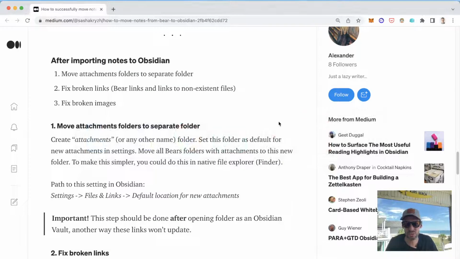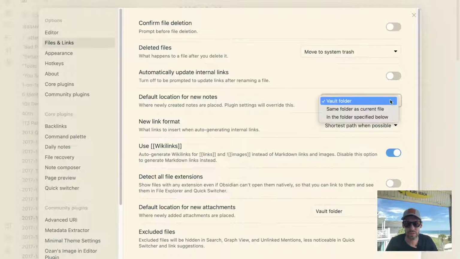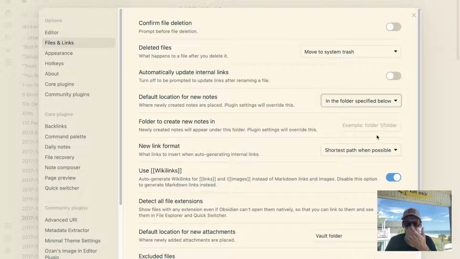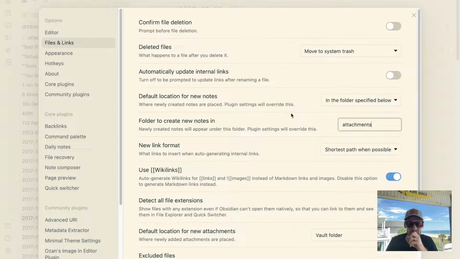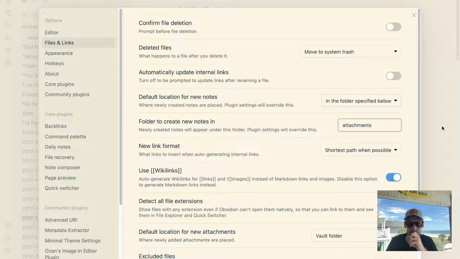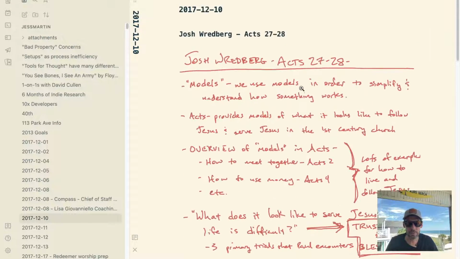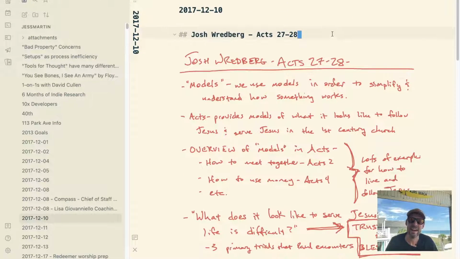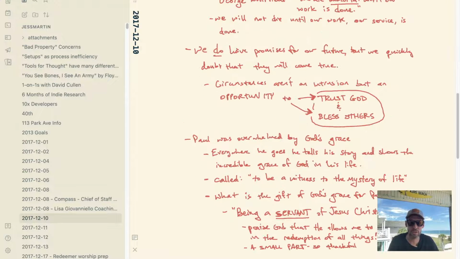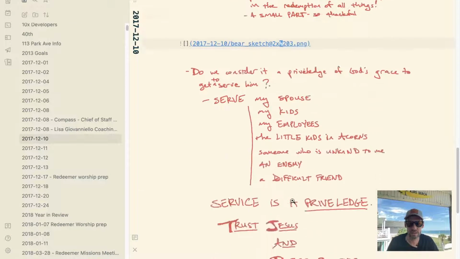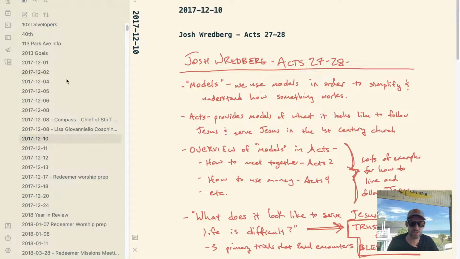Now we want to say in Obsidian that we want to select that folder to create new attachments in. There we go. Alrighty, I think we've followed their directions. Whoa, it worked. Holy smokes. That was quick. I don't have attachments in all of the notes that I write, and this is actually an interesting one.